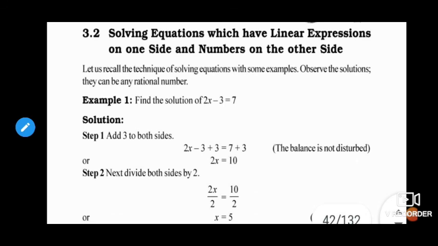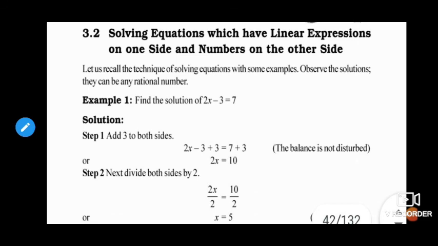Actually children, whenever we are solving a linear equation with one variable, we have two methods. One method is balancing the equation on both sides. The second one is transposition. First we will see balancing the equation. What do we want? We want the value of x. So to find the value of x, we want x to be on the left hand side, and all the constants should go to the right hand side. We place only constants on the right hand side and the variable on the left hand side.